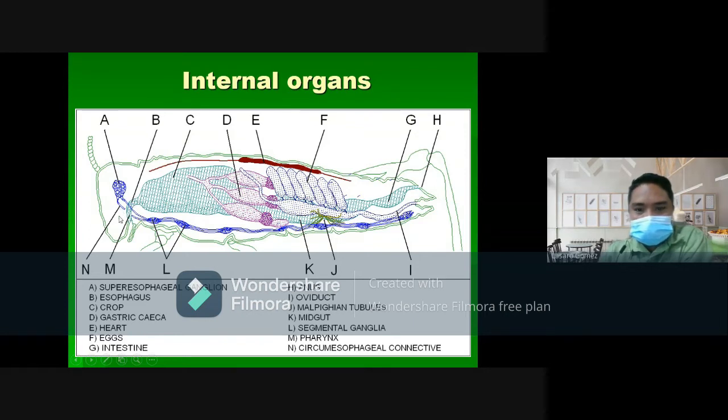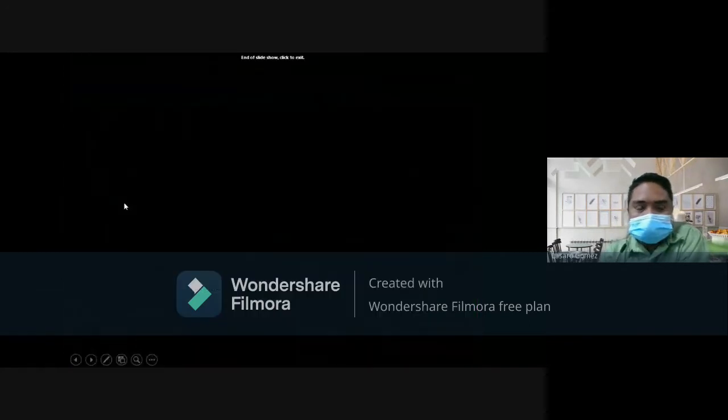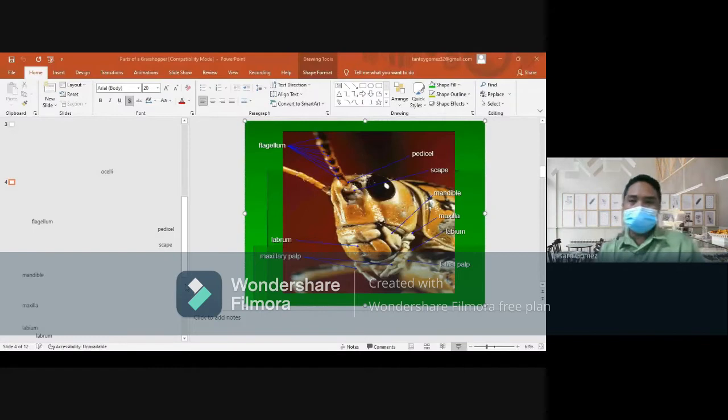This is what we call the circumesophageal connective, attached to the upper esophageal ganglion of an insect. Okay, so let's move on to